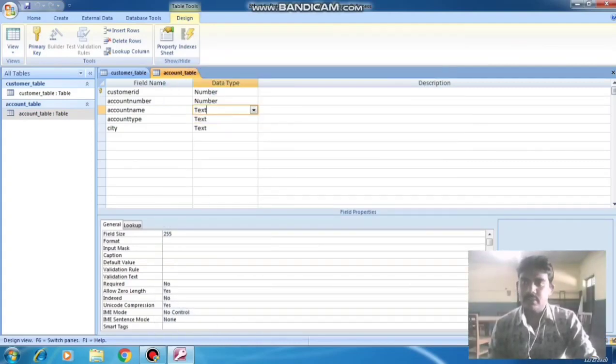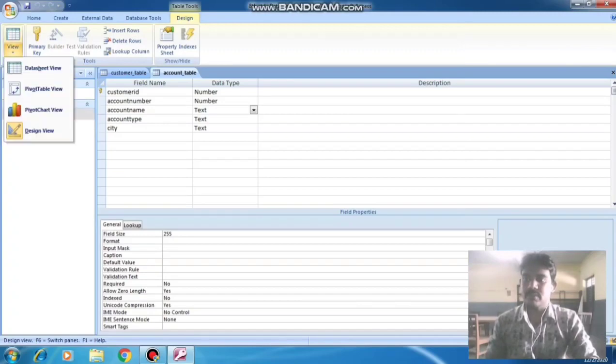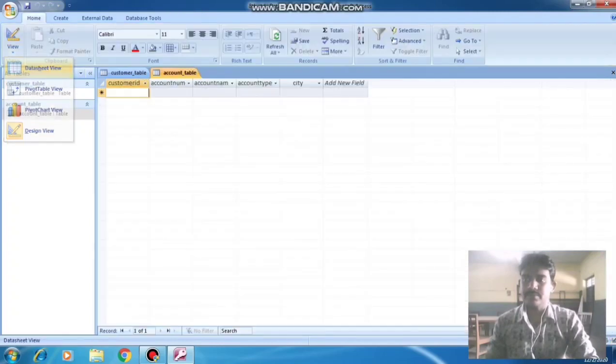Next we are going to open the data sheet in the account table. The customer table we opened and entered data. Now we have to open the account table data sheet. Go for the view option and select data sheet. Here the account table data sheet is open.